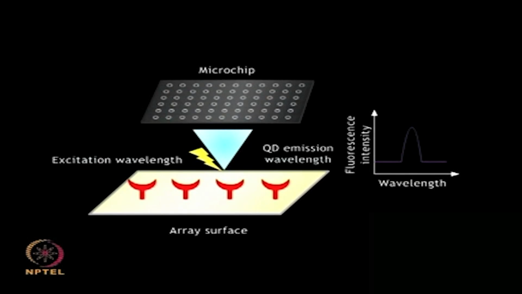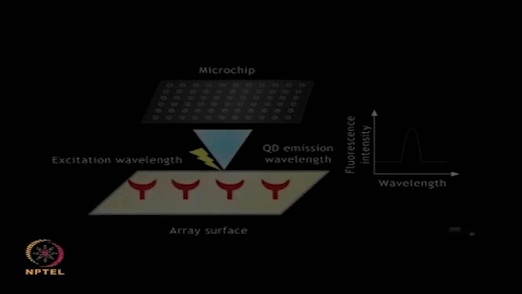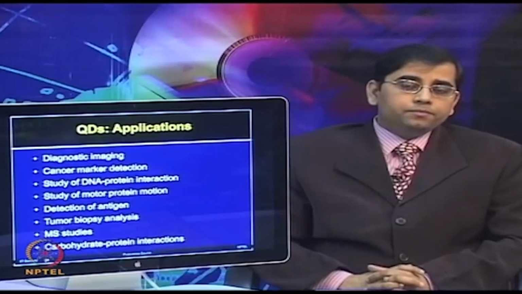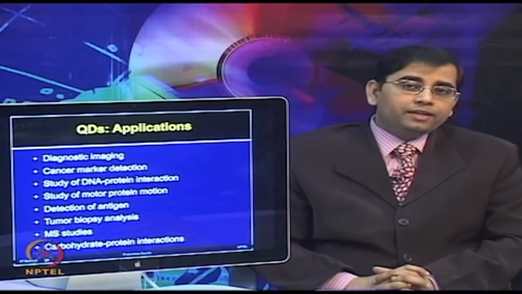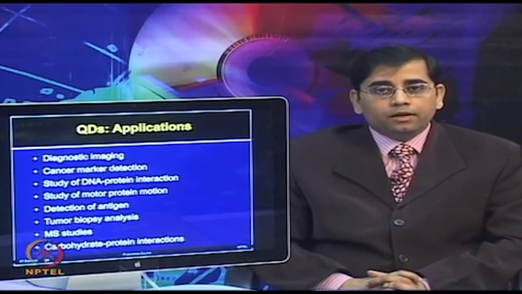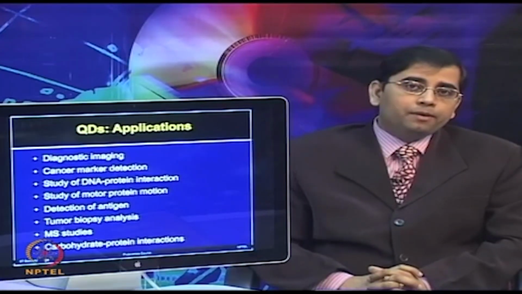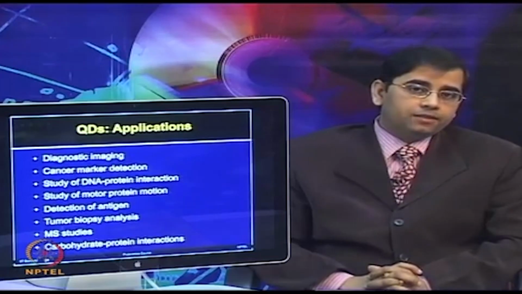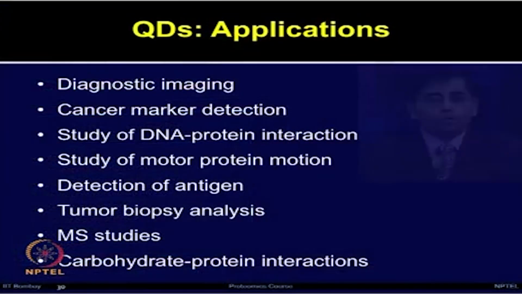As you can see on the right hand side, the wavelength versus fluorescence intensity is plotted, and change in the fluorescence intensity is observed when the molecule is binding on the antibody surface, which is labeled with the quantum dots. So, as you have seen, its principles are very easy for the quantum dots, and the same basic principle is applied for a variety of applications such as diagnostic imaging,